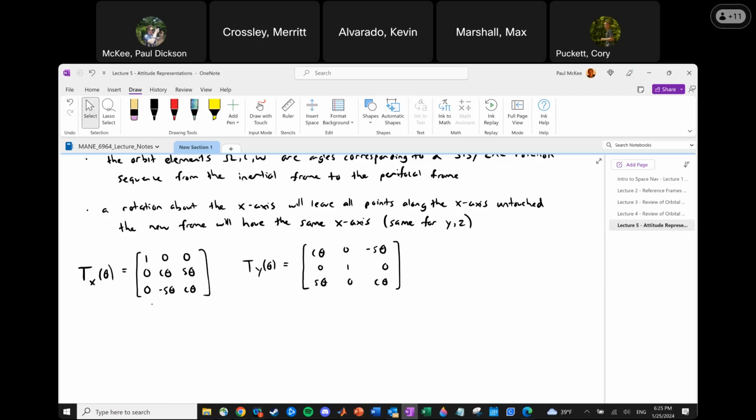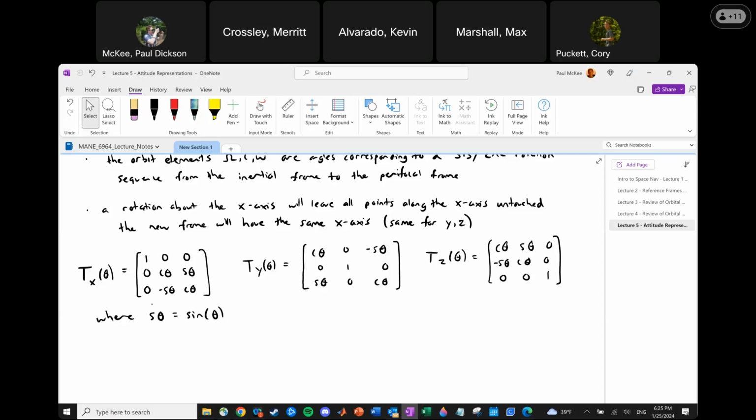If you're rotating about y, the second element, which is the middle element, the y-axis, is unchanged. And if you rotate about z, we've seen this before, then it is the z-axis that is unchanged. So we get cosine theta, sine theta, 0, negative sine theta, cosine theta, 0, 0, 0, 1. There we are. And in this, my notation is s theta is equal to the sine of